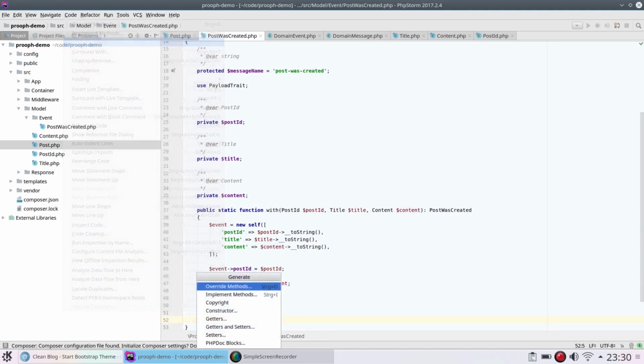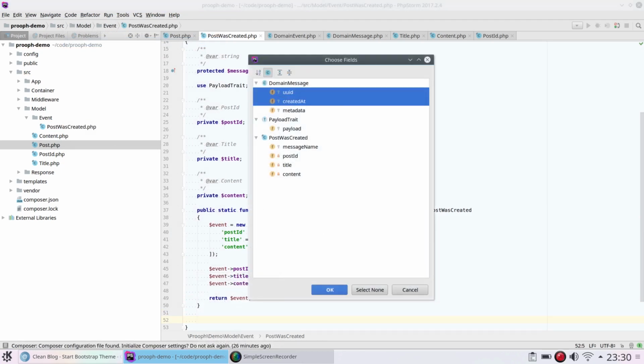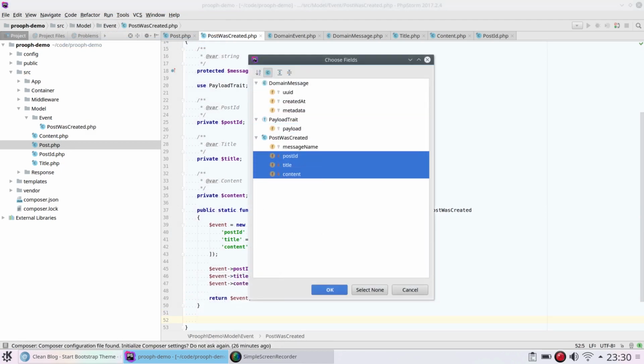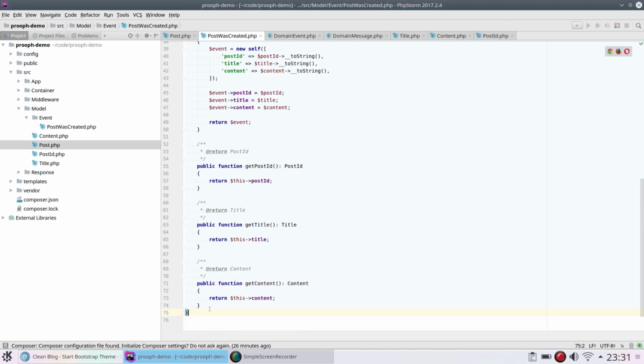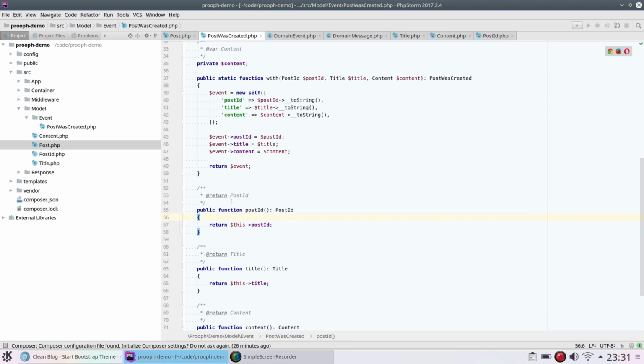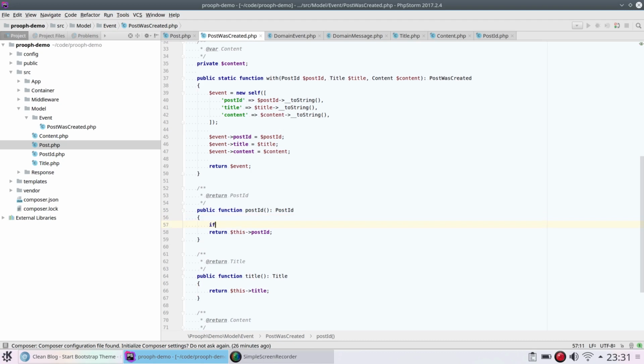And then we can here generate some getters for our stuff, and we're gonna get rid of the get prefix. I don't like this. So this is good, but we don't always have the payload properties available, especially when the event is created from the payload. So we're gonna check this first. When null is the post ID, oops,